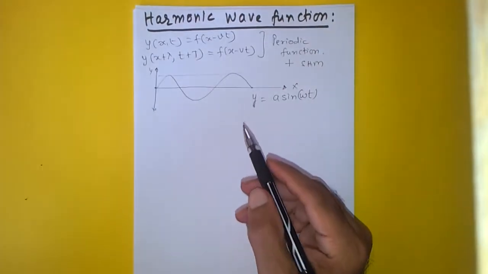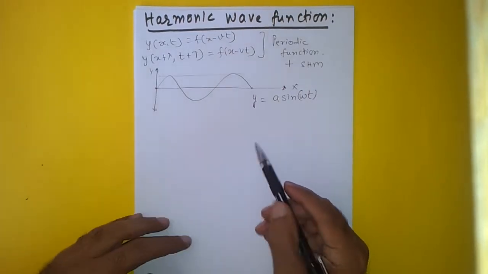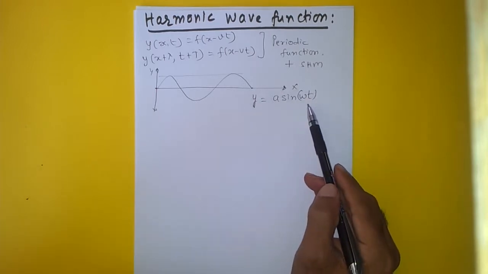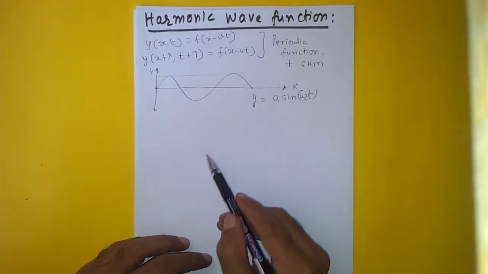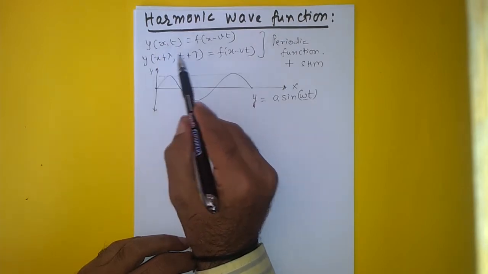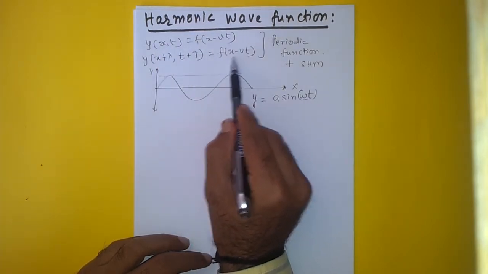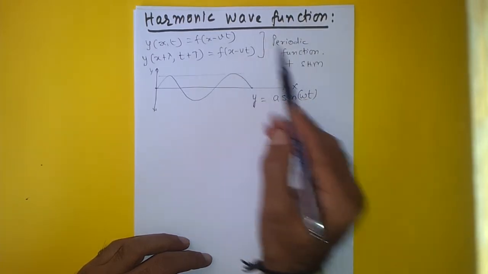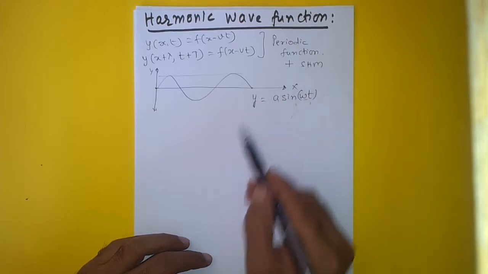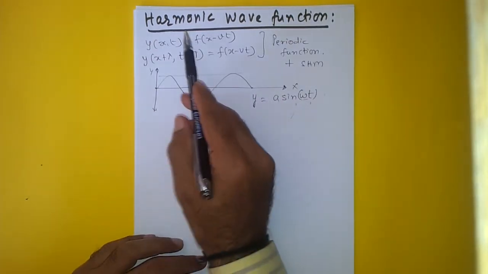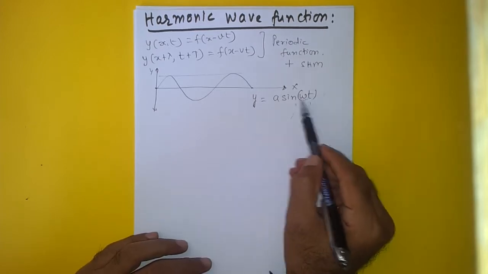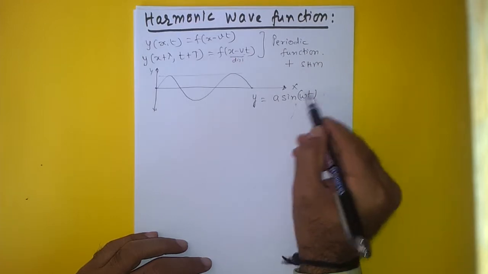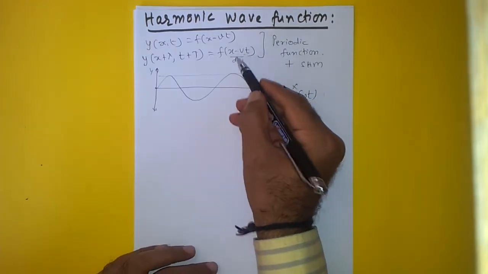Now, we are looking for a mathematical expression for a harmonic wave function, which is simple harmonic. So it has to be in this particular form. The problem that I have is that this is an angle, whereas for a periodic wave function, it has to be a function of x minus vt. So in this particular expression, I should have the term x minus vt. So I have to somehow get x minus vt into this term. Then it would be a harmonic wave function. The difficulty I have is that this is an angle, whereas this is distance or displacement along the x-axis. So how do I convert this displacement into an angle?